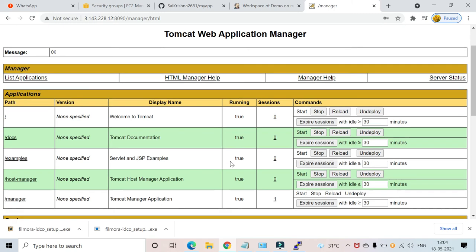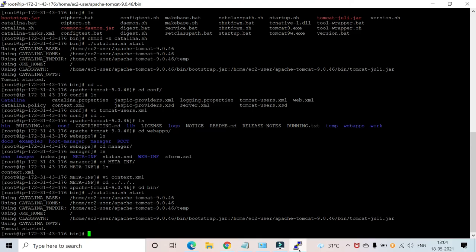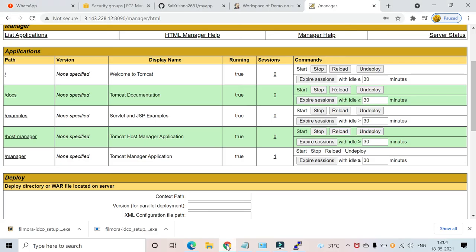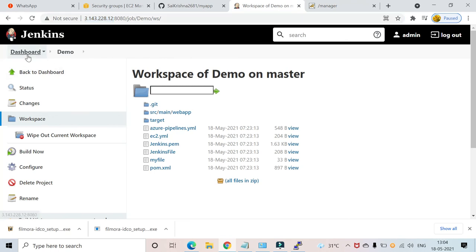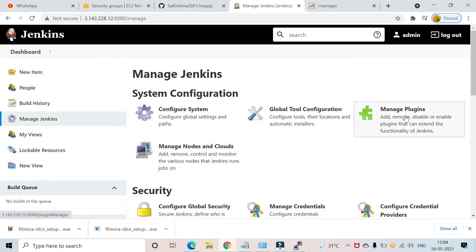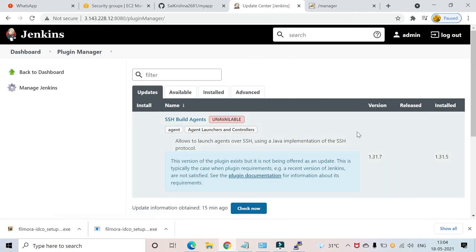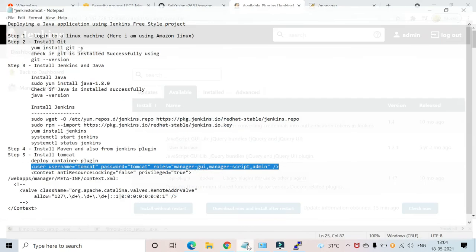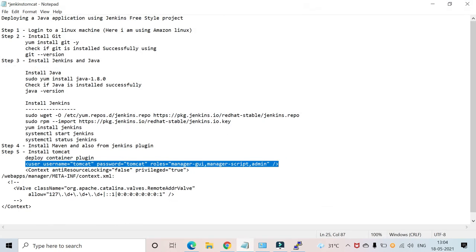To do that, we have installed Tomcat in our Linux machine, and we need to integrate a Jenkins plugin for Tomcat. So let's go back to Jenkins and go to the plugins dashboard. Go to manage Jenkins, go to manage plugins, and available plugins. The plugin which we need is the deploy to container plugin.